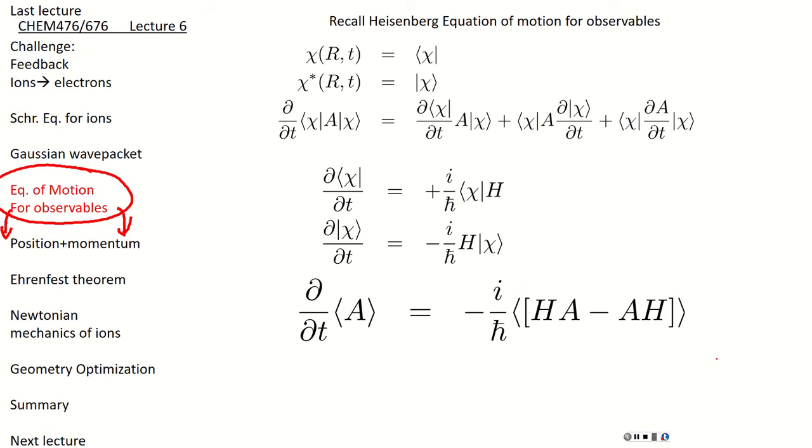The credit goes to Heisenberg for the Heisenberg equation of motion, and to Ehrenfest for his theorem. So the idea is that